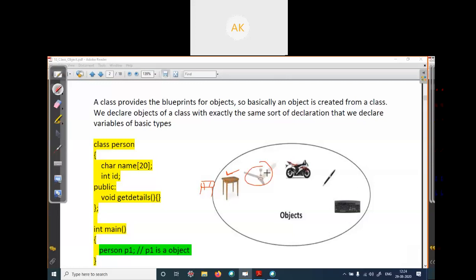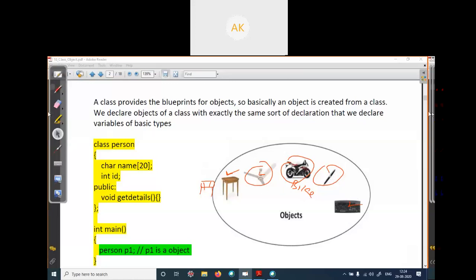Like this is a fan. When we talk about the particular thing, this is an object. The bike: if we talk about bikes in general, then it's a class. A particular bike, like which bike is this, I don't know the brand of this bike, then it's an object. If I just say generally it's a bike, it's a class. In this bike class there are many kinds of bikes. Like pen, this pen is an object, but in the pen class, many kinds of pens are possible. Like this keyboard is an object, a particular item only.